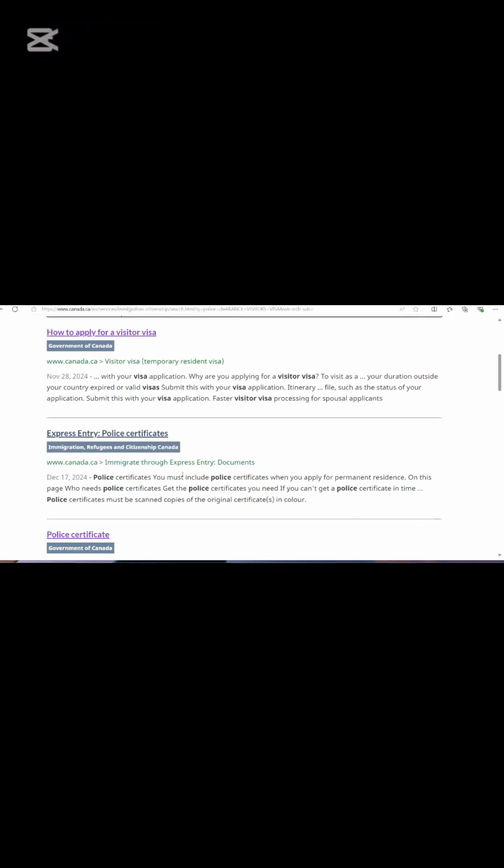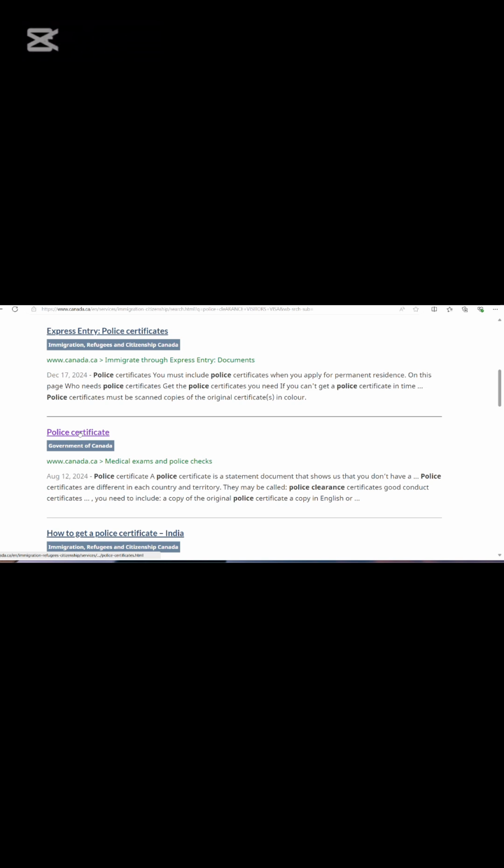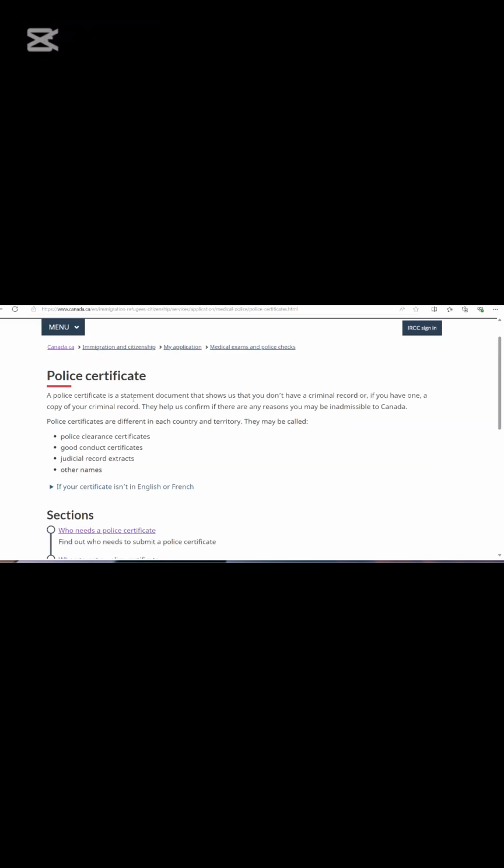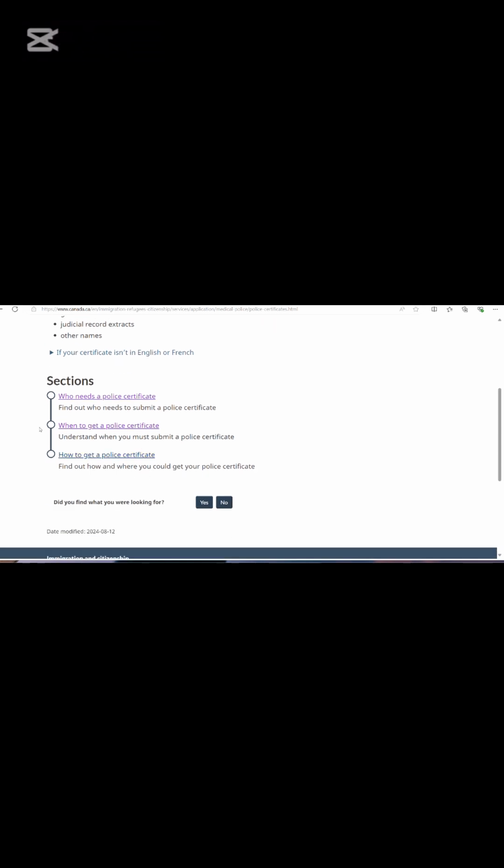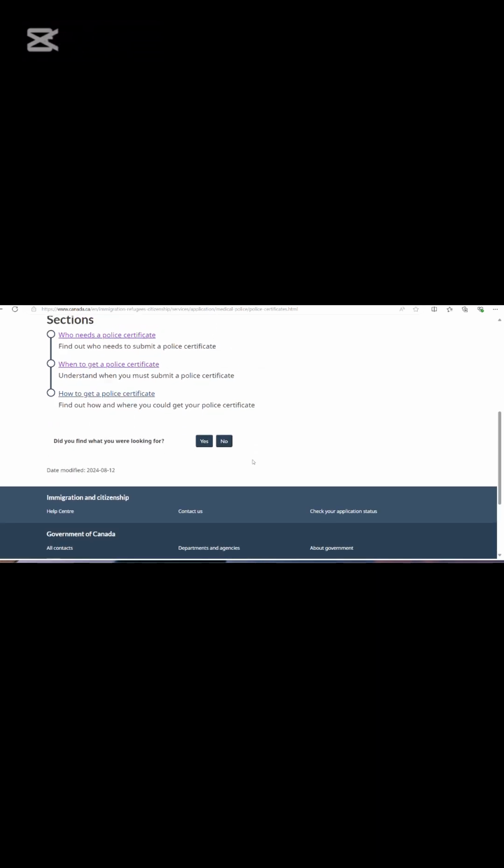appointment. You may also need a police clearance report. So you're going to put in a search for police clearance report. This will pop up. You scroll down on the page, click on police certificate, and then it will tell you who needs a police certificate, when to go and get one, and how to get the police certificate from your